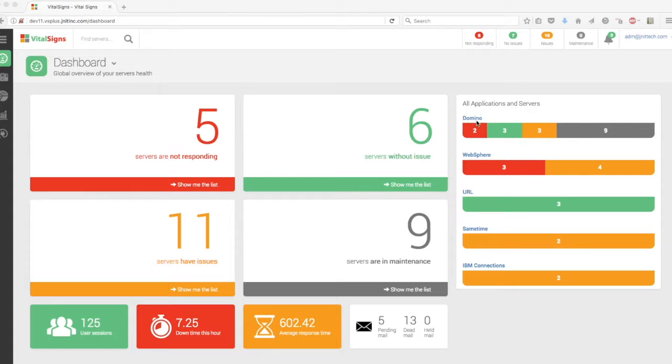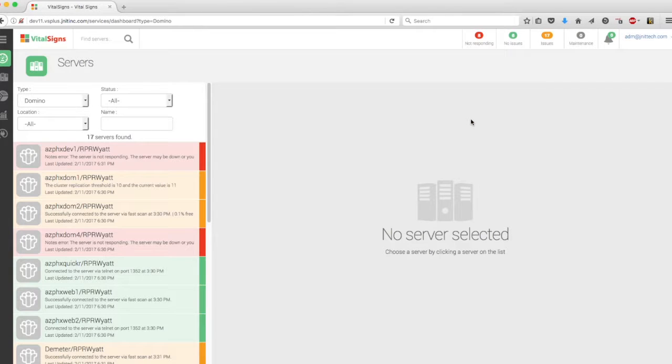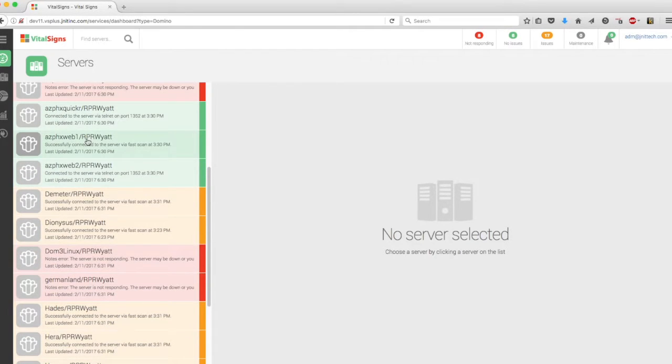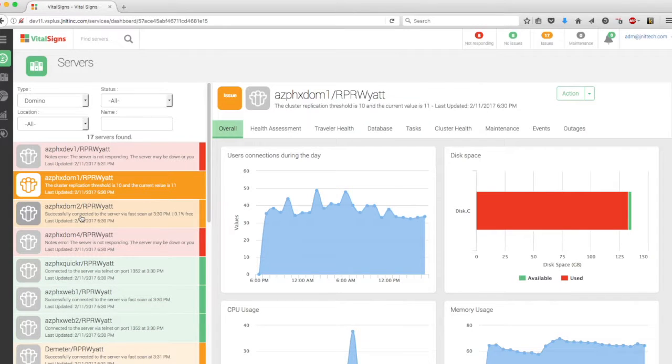So I've got a number of Domino servers in various states, and if I click on the word Domino, it's going to show me a list of all these Domino servers, and I can see by scrolling through the list which ones are okay and which ones have issues and which ones are not responding just by the color that they are. When I click on a server, I will get a detailed page showing me lots of information about